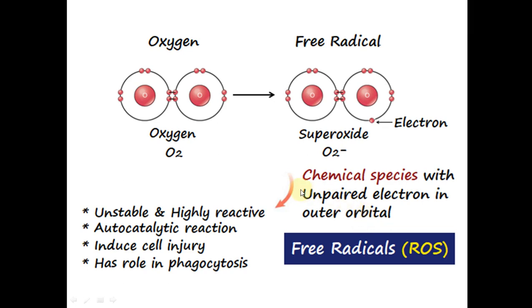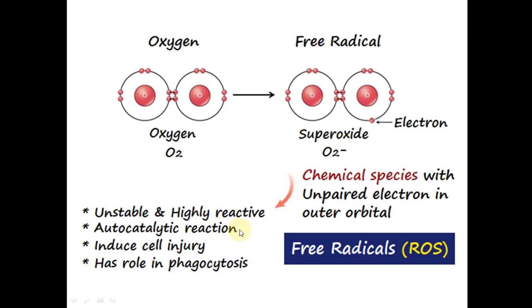Chemically, these free radicals are very unstable and highly reactive. They react with other molecules and in turn steal an electron from another molecule and convert that molecule also into a free radical, and in this way they initiate an autocatalytic reaction where